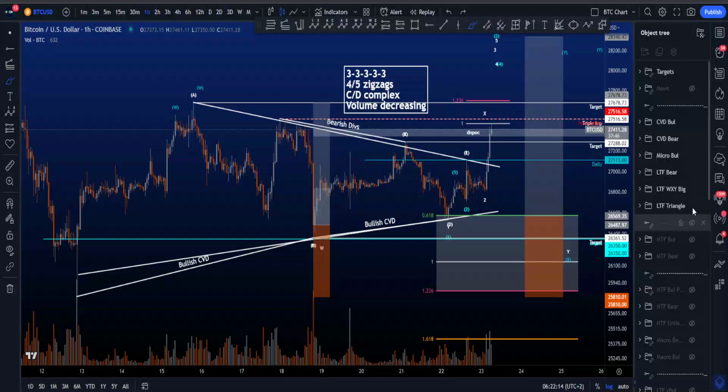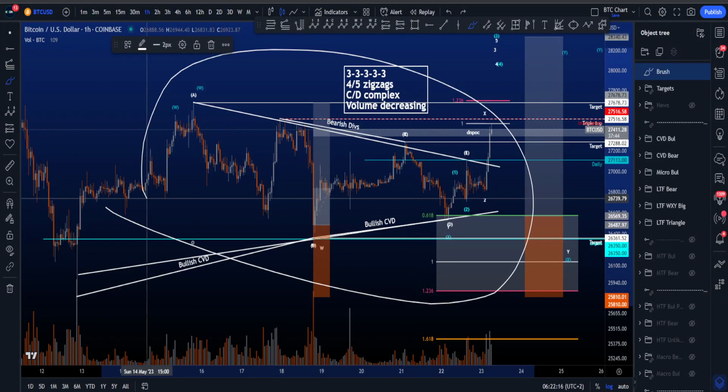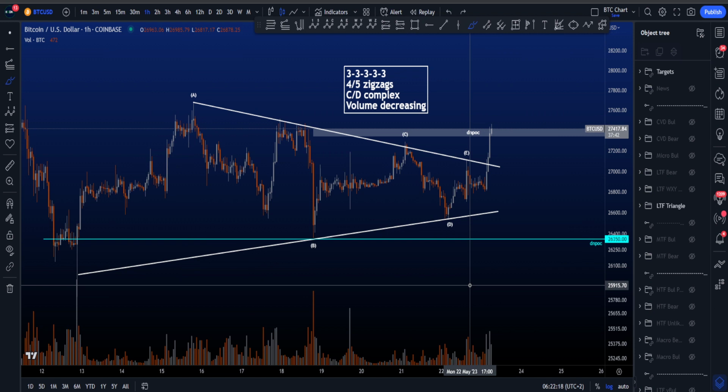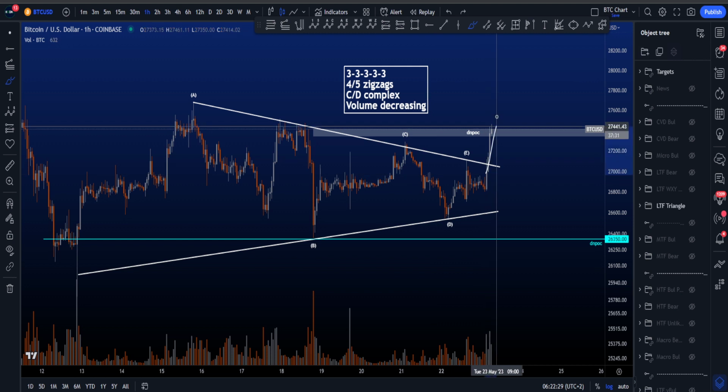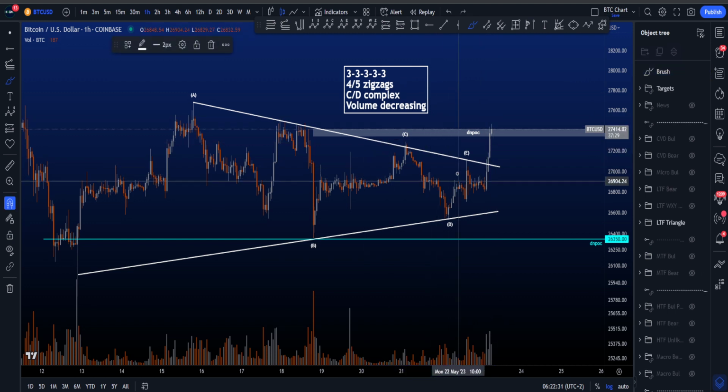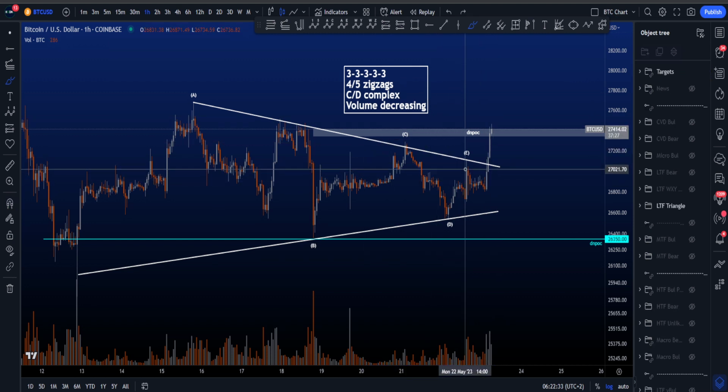Hi everyone, let's have a look at my low time frame and micro bullish and bearish Elliott Wave scenarios on Bitcoin, starting with the triangle, because yes, it has been invalidated as expected, because this triangle is not a triangle from an Elliott Wave point of view, as I have explained in many videos by now. And now price moved to the upside, took the high of wave C, and therefore this is now an invalidated